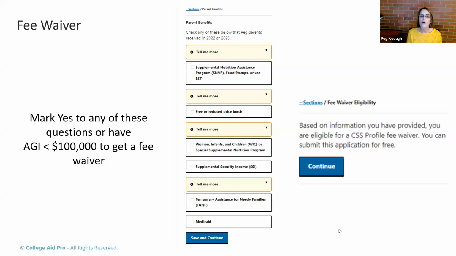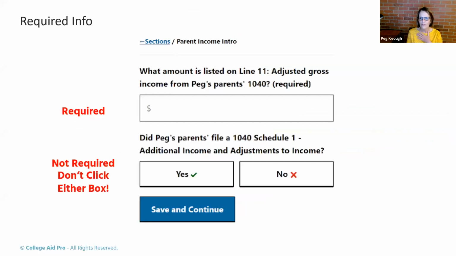All right, so let's keep going here and let's look at a few others. This is more of a recap, what we recommend as far as tips and tricks to fill out this form. You will notice in there that they will mark a question as required, right after the question in parentheses, it'll say required. If it's required, they have to fill it in, obviously. If it's not required, our guidance is to leave it blank, or if you need to put something to move on, which you don't on the not requireds,